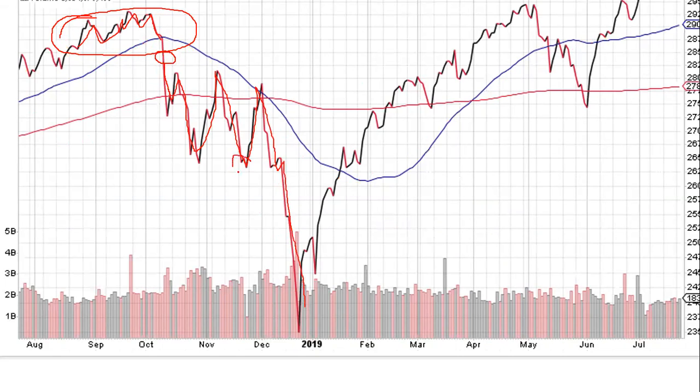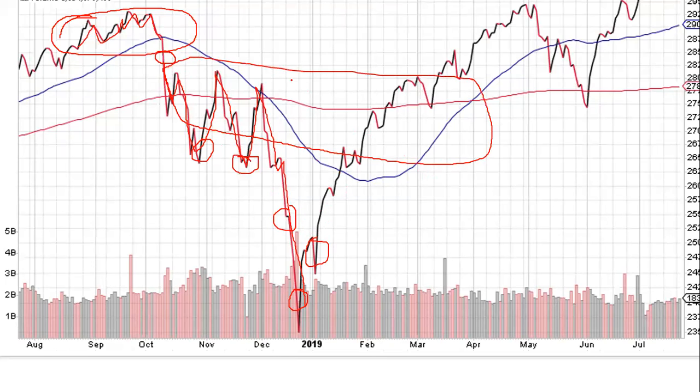You can still buy it back. Just because you sold it doesn't mean you can't buy it back anywhere in here. And you've missed out on a whole lot of volatility and a whole lot of downswing in that price. Or let's say you put it here and the stock comes down, but then bounces back and keeps going higher. Well, you can raise your stops. You can just move them up so that you don't lose your profits.